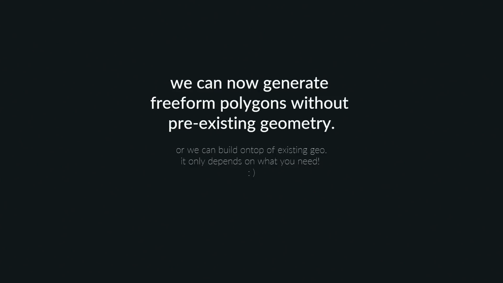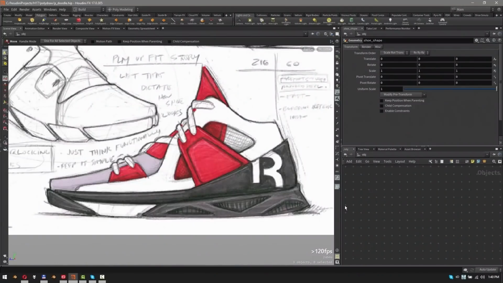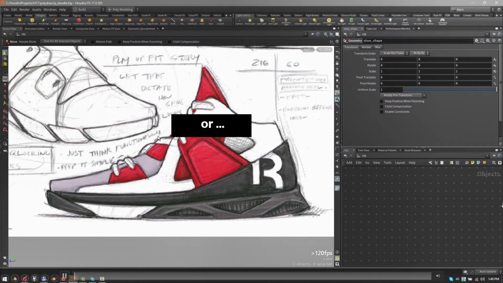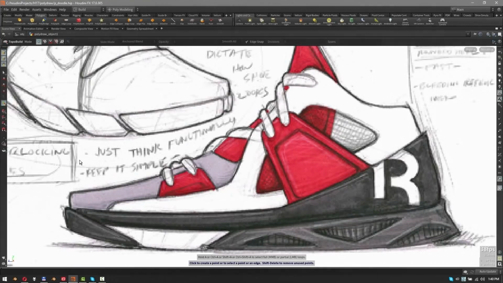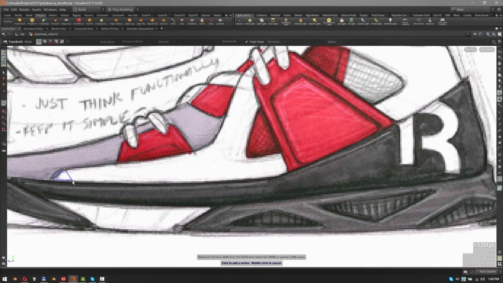So you can just draw stuff. For example, if you have a character sketch and you have your reference images, then you can just load them in the ortho views and start drawing out your polygon shapes. And for example, I have this image I found. See, PolyDraw is so fresh, there's not even an icon. You can just put down a PolyDraw in your scene, load your templated geometry, and start drawing your shape out